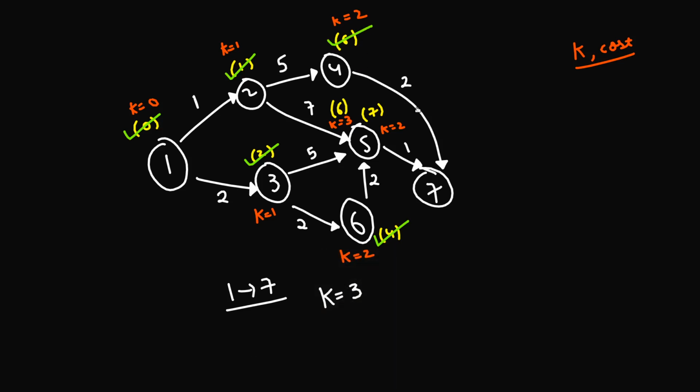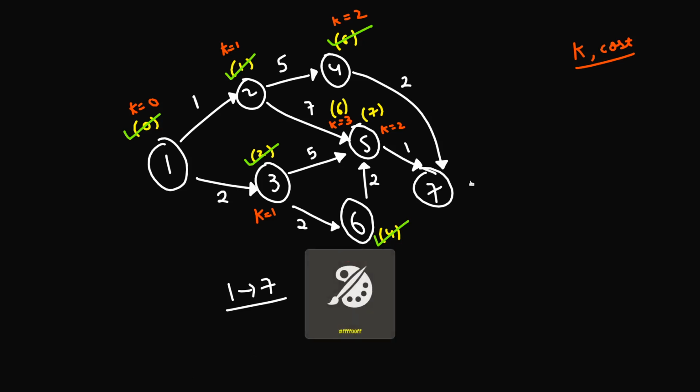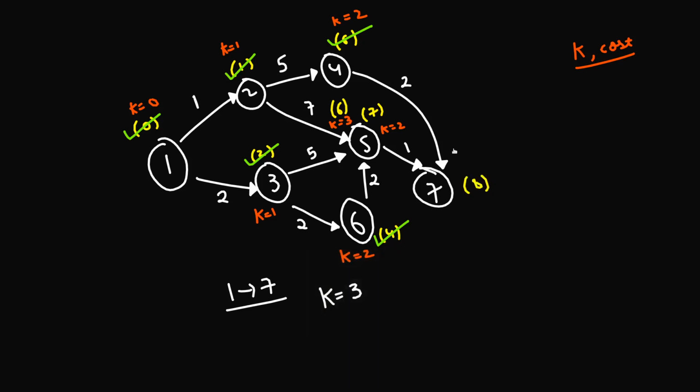I can go from this city to city number 7 with a total cost of 6 plus 2, which is 8, right? So I can go to this city with a total cost of 8, and the value of k is going to be k equals 2 plus 1, so that's k equals 3. That means that I can actually have a total of 3 cities that I can visit apart from the source city. Okay, so that's why we have the cost of 8 when k is equal to 3. Okay, cool. So with that, this is also visited.